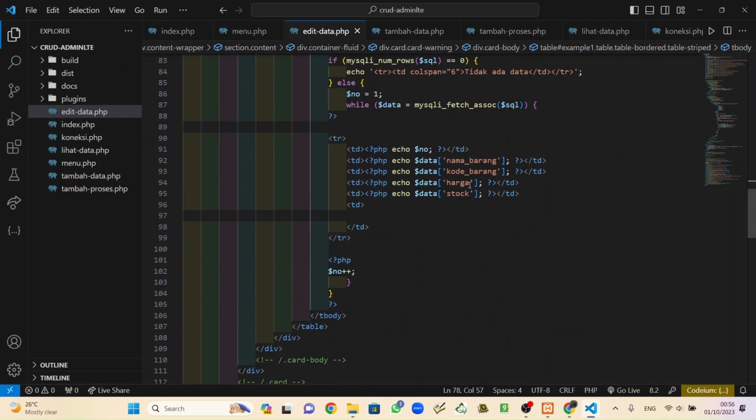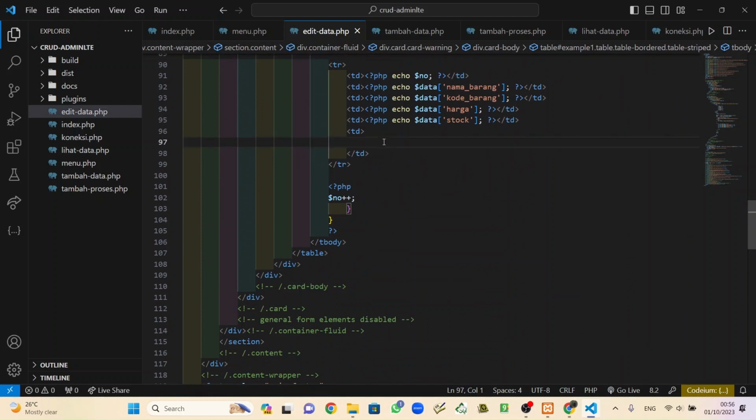Save, there are two buttons with anchor tag, right.